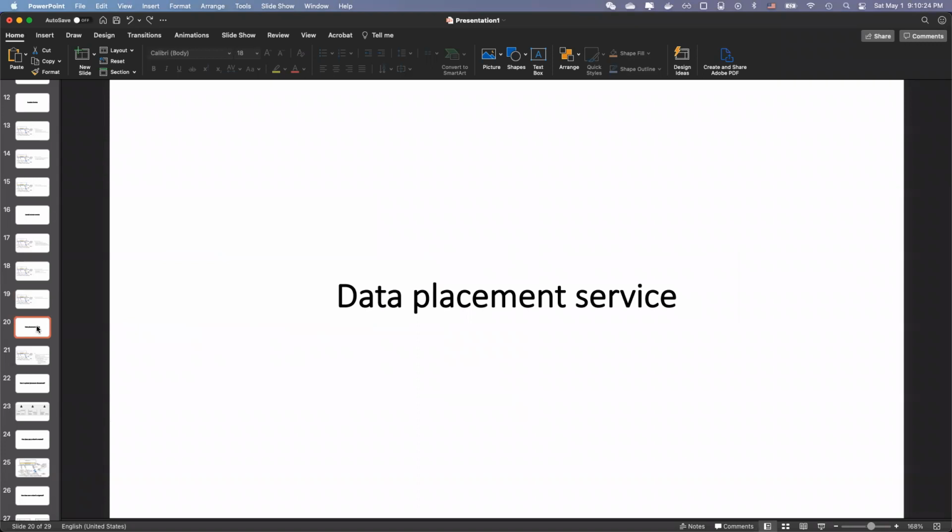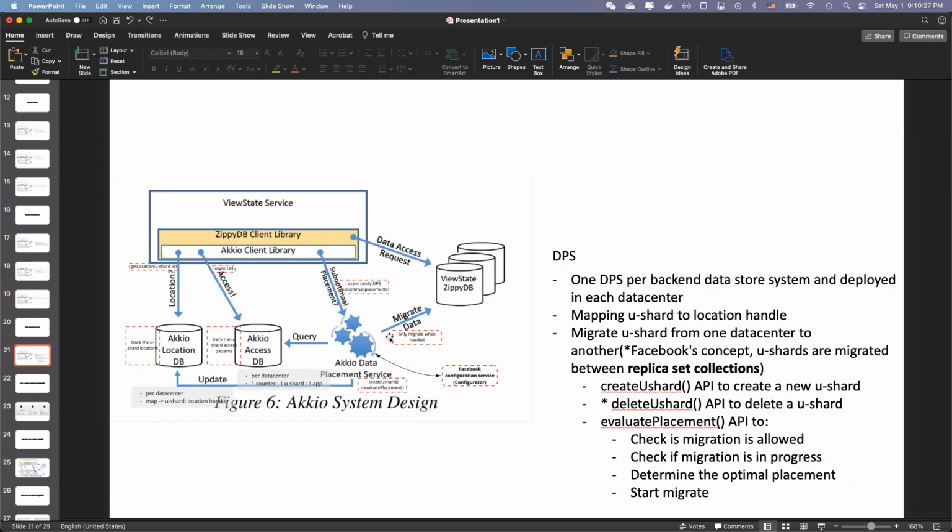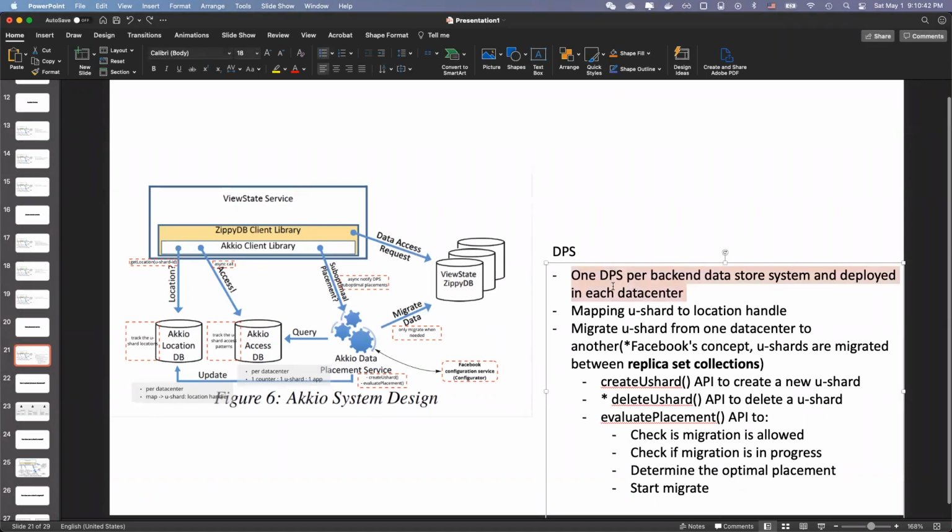Okay, next one is the data placement service, which is the brain of the entire Akkio system, I would say. It's a pretty core component. Again, I summarized some points based on the paper, and the first one I want to mention is the DPS is also a data center level service, and it's deployed per data store system, right? Which means